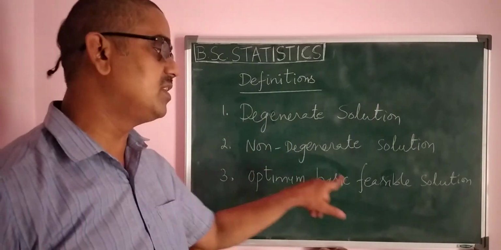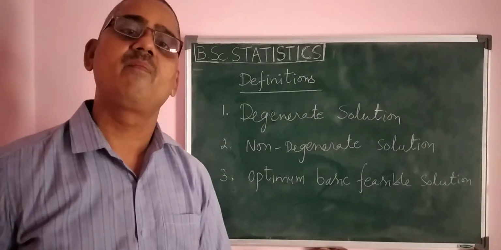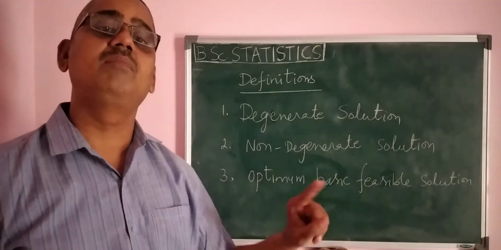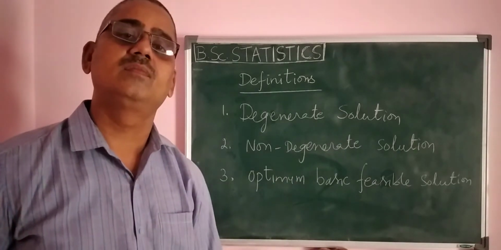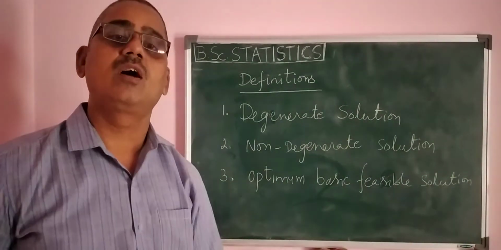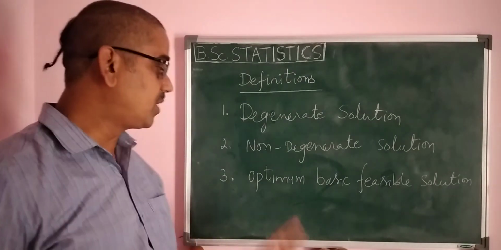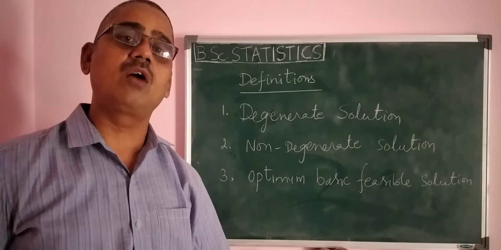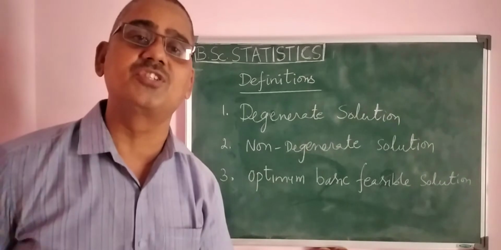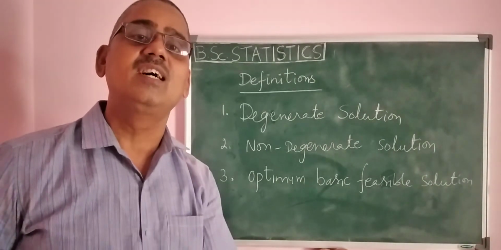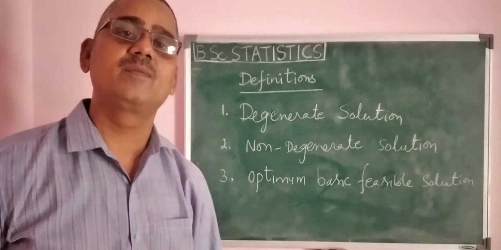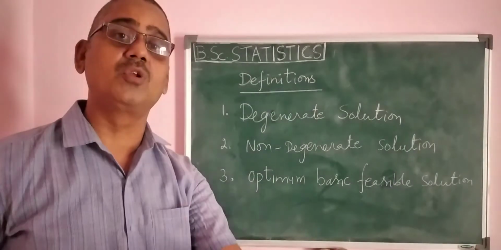Now we come to the optimum basic feasible solution. This is very important. For every problem we calculate this only. Optimum basic feasible solution. That is our ultimate target, the final objective. What is optimum? We know the very important definition of LPP is based on optimization. We have to select one such best alternative. It is going to be optimized. So we have to optimize the solution, right?